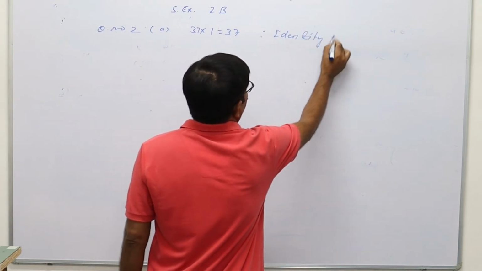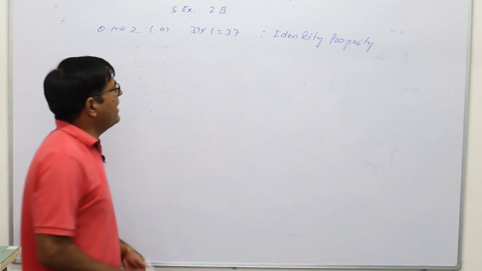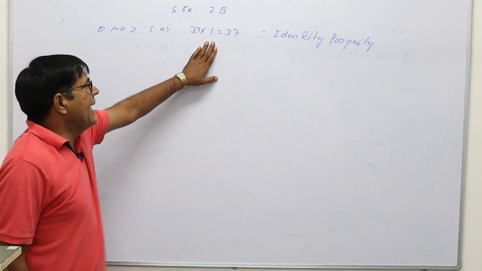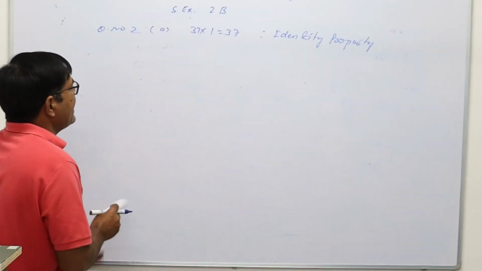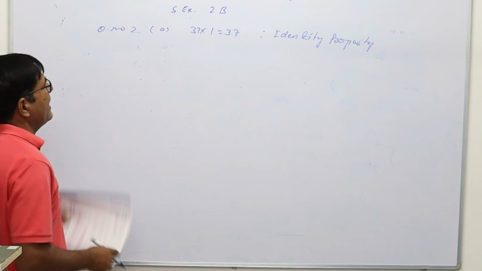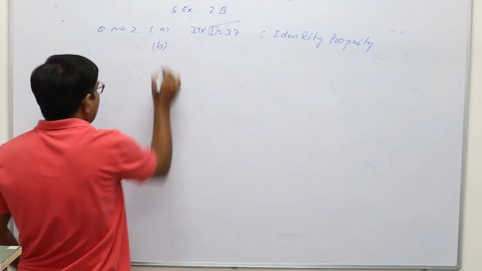The name of the property is identity. If any number is multiplied by 1, then its value will remain unchanged. This is the identity property. Here 1 is the multiplicative identity for multiplication. Then second,